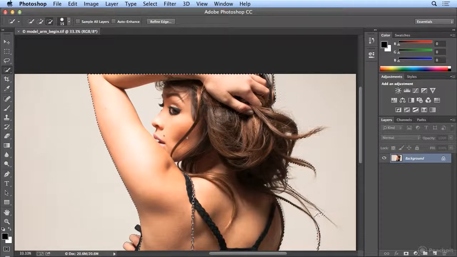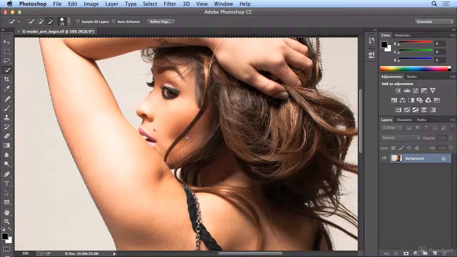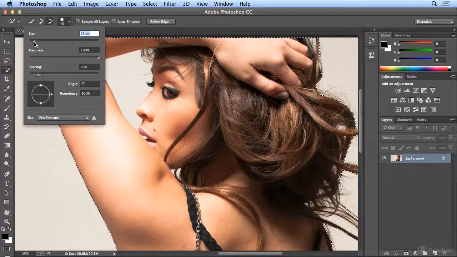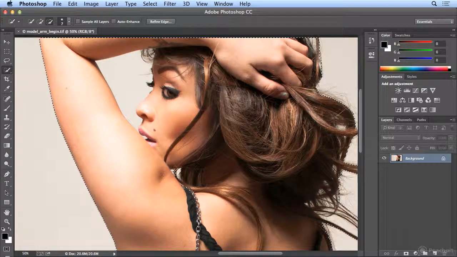I'll zoom in a little bit. I prefer Command plus on the Mac or Control plus on Windows, and my brush is still too large, so I'm going to size it down to 7, and I'll just paint away some of the white inside here. I'll do a big painting trying not to touch her arm or eyelashes. I barely had to touch anything, and it cleaned up right there. If it got too much of her mouth,